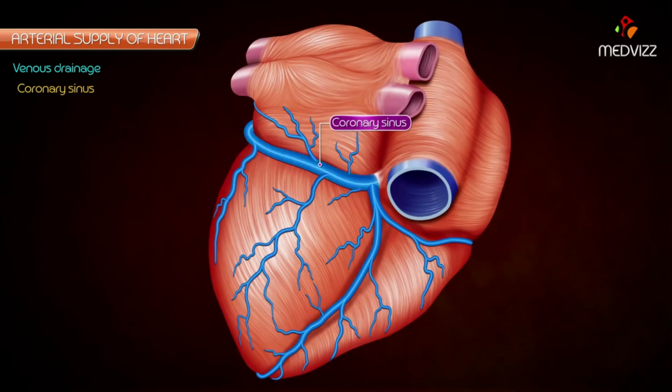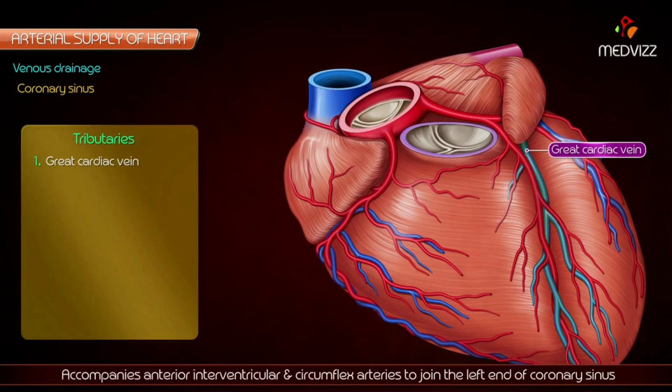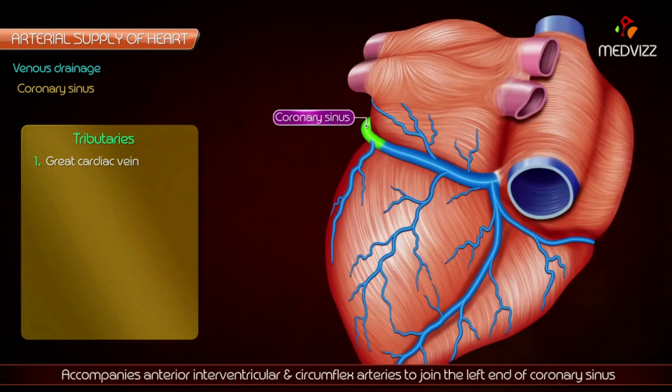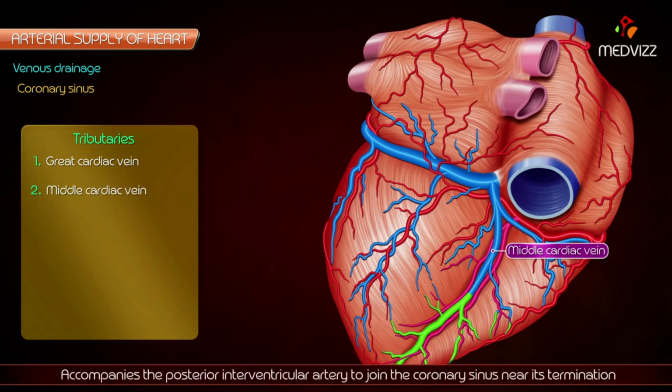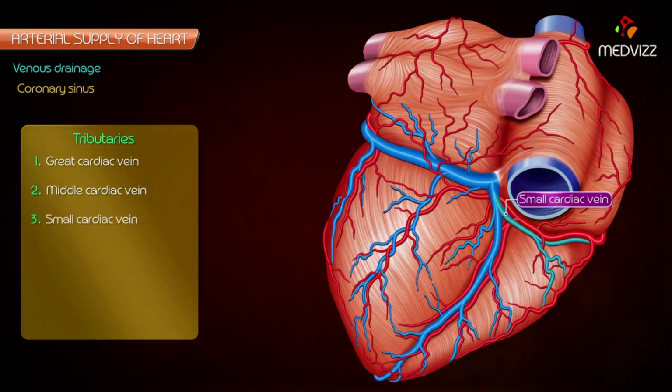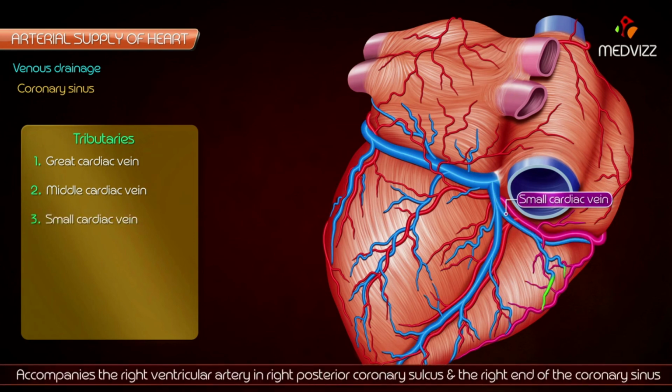Tributaries. The coronary sinus receives the following tributaries: Great cardiac vein. It accompanies the anterior interventricular and circumflex arteries to join the left end of the coronary sinus. Middle cardiac vein. It accompanies the posterior interventricular artery to join the coronary sinus near its termination. Small cardiac vein. It accompanies the right ventricular artery in the right posterior coronary sulcus and joins the right end of